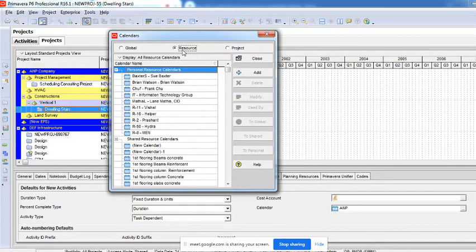The third category is called resource. Resource is only for creating a resource calendar for resources, not for a project. Global and project are for a project, but resource is only for resources, human resources basically. Under that you have 2 options: personal calendar and shared calendar. A personal calendar is for a specific human resource. If you create this calendar, it can be assigned to, say, a site engineer, junior planning engineer, site construction manager, or anybody. You can create a separate customized calendar for them, like when they are working, when they are not working, how many hours they work per day, how many days in a year they work, and how many leaves are permitted for them.